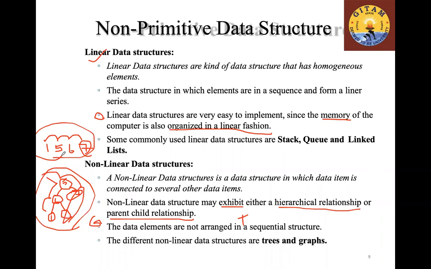Can you tell me the reason why it is non-linear? Do you have an idea that Facebook uses a graph type of data structure? Imagine that you are all nodes. Each account is a node, and your account is connected to your friend's account, right? So that node is connected to another node, and that node might be connected to another node, and that is the reason why you have friend suggestions.